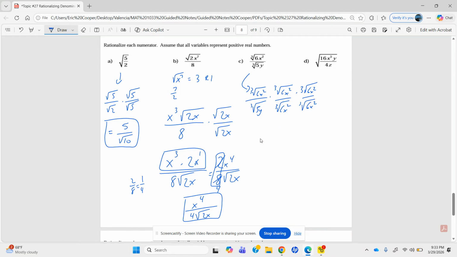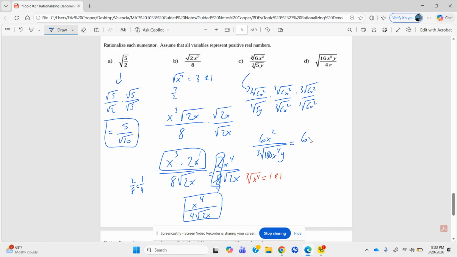At the top, we simply have 6x squared after it's all gone away. And then at the bottom, we have the cube root of 5 times 6 is 30, times another 6 is 180. We have x to the fourth, and then we have a y. The only thing that could simplify in here is the cube root of x to the fourth. 4 goes into 3 one time with a remainder of 1. So this will become,